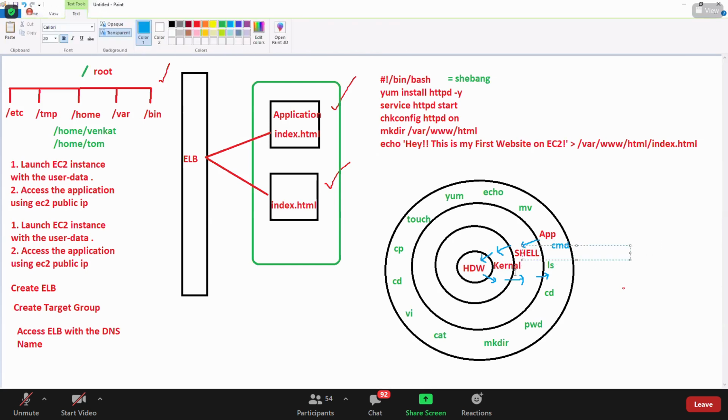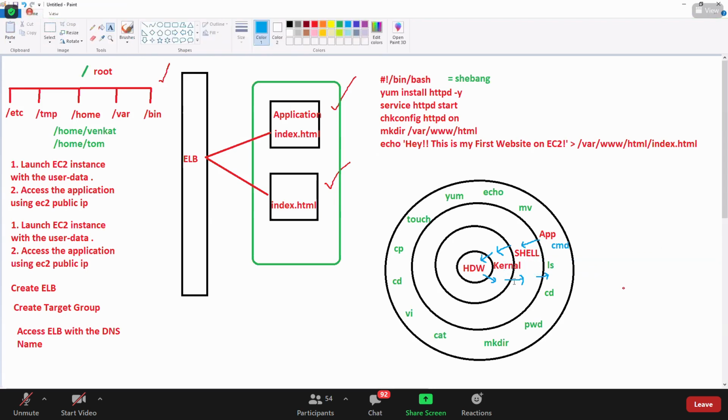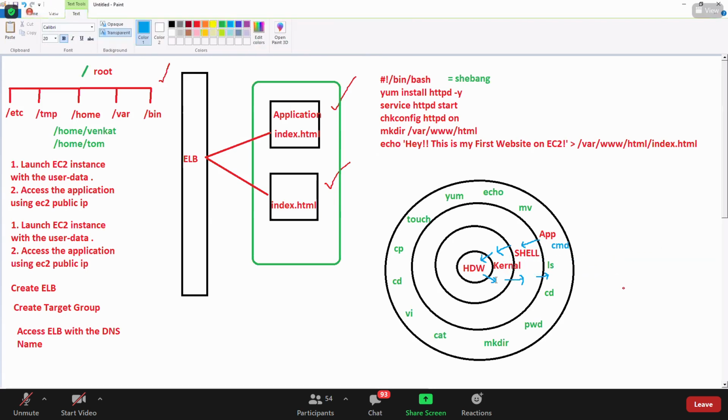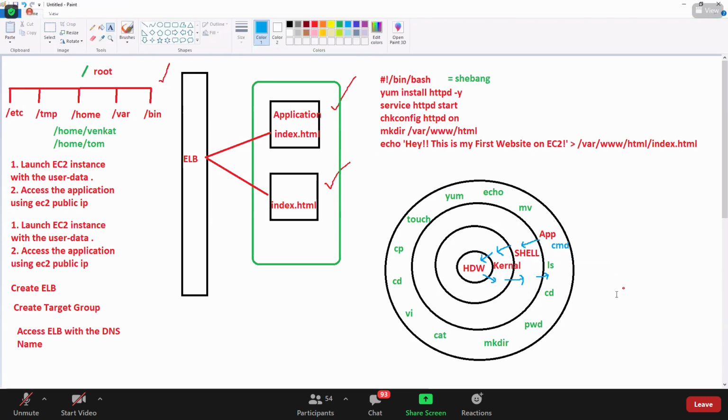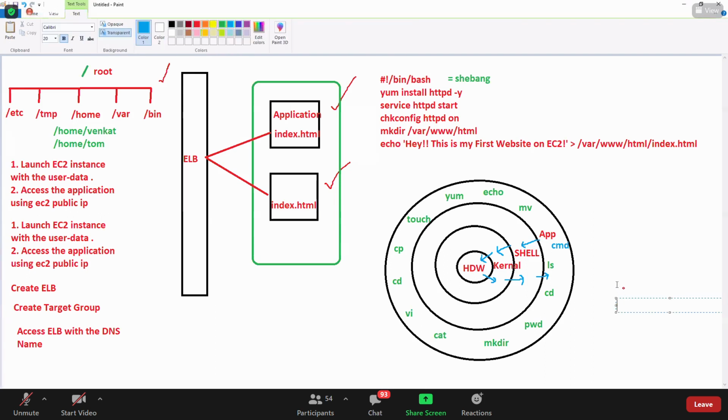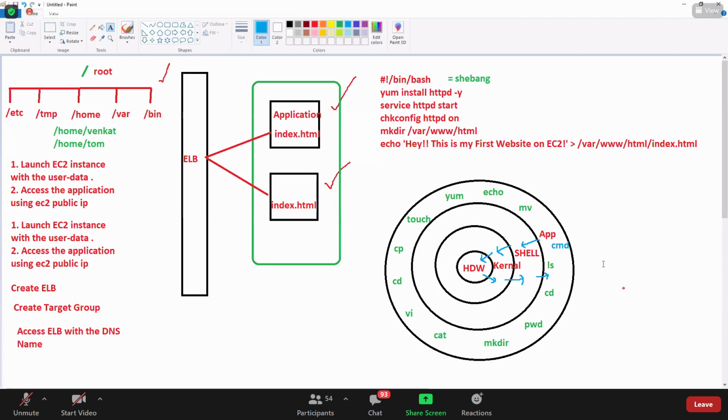So shell is an intermediary between your application and the kernel, and the kernel is a mediator between the shell and the hardware. Now, without a shell, can you execute your commands? Definitely no. To execute any command, we definitely need to have a shell.